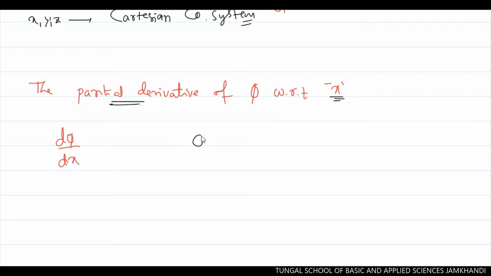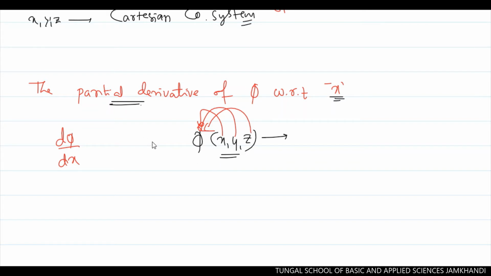As this phi is a function of x, y, z, all three coordinates, if you want to take the partial derivative, it means it depends partially on a single variable, because it depends on all these three variables. It partially depends on x, partially on y, partially on z. That's why to have a complete derivative of this one, we need to differentiate with all three coordinates.